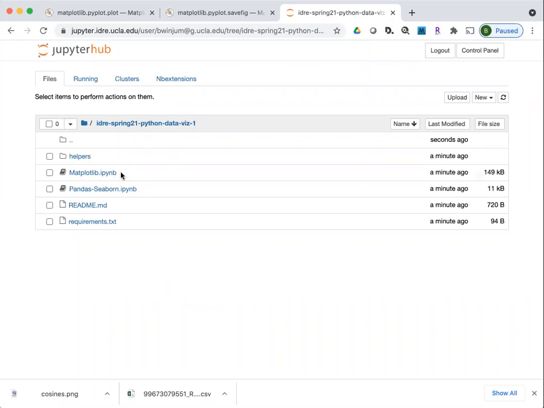These two files that have the IPYNB suffix, if you're not familiar with the Jupyter interface, I'm not going to go over a lot with Jupyter, but Jupyter is an environment where you can interactively program in a variety of different languages. In this case, we're going to be interactively programming in these notebooks with Python. And the first thing I'd like you to do if you're interacting with this is to open the matplotlib.ipynb file just by clicking on the file name.